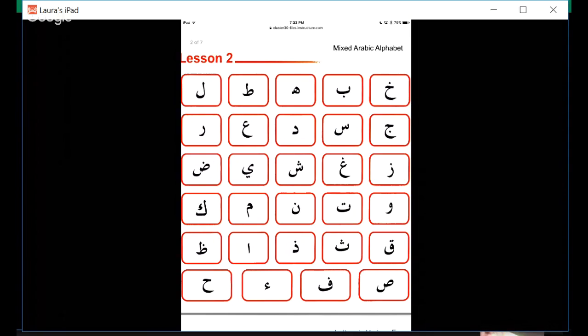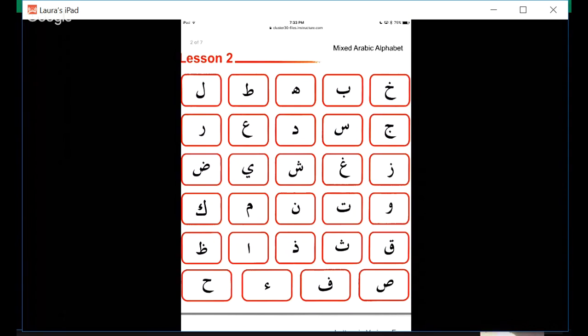Jim, seen, dal, ein, and ra. Very good. Third line. Zay, gein, sheen, ya, and dad. Very good. Fourth line. Wow, ta, noon,